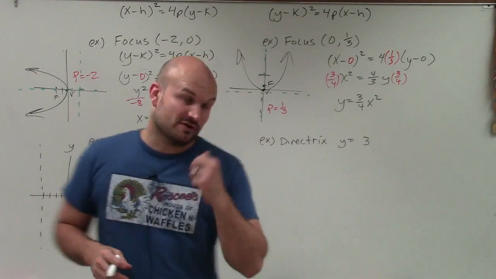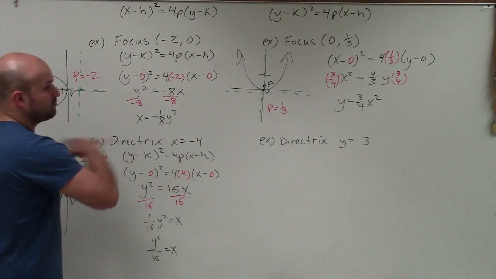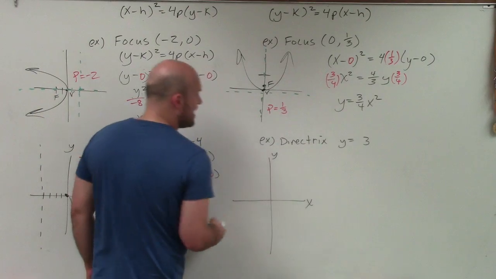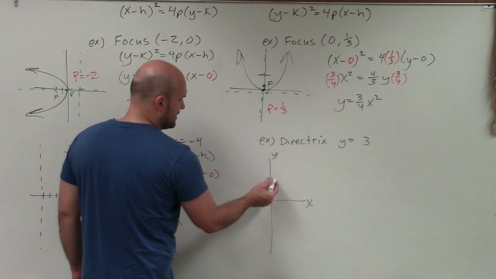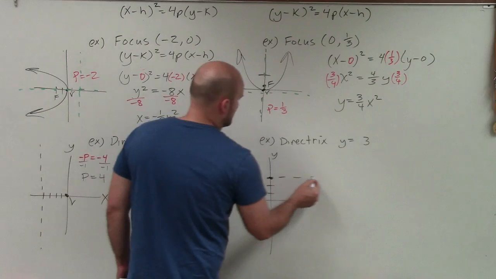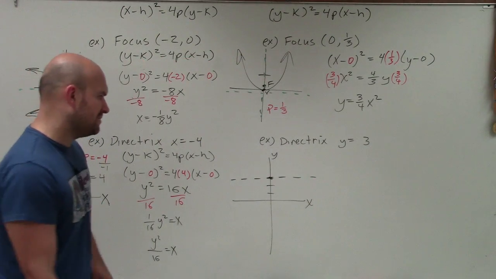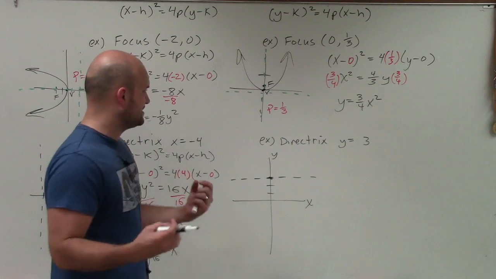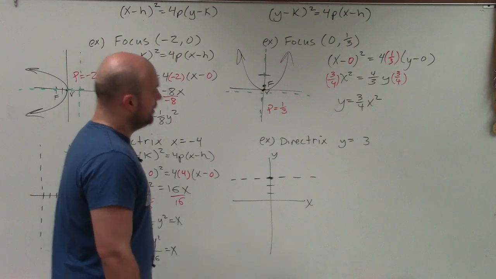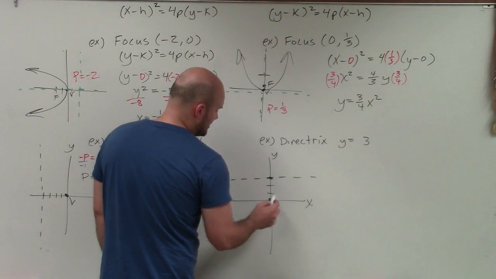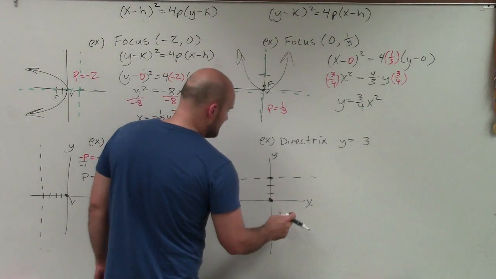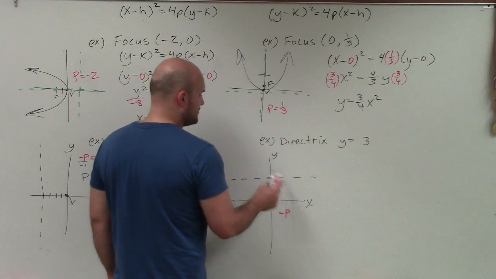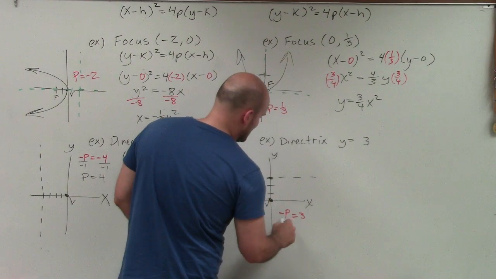All right, lastly, we have a directrix here. This directrix is y equals 3. Here's my x-axis, here's my y-axis. If y equals 3, that's 1, 2, 3, but y always equals 3, so it's a horizontal line. We dot the directrix because it's not actually part of our parabola, as a point x and y. Again, my vertex is at 0, 0. So opposite of p, which is the distance from my vertex to my directrix, is 1, 2, 3. So that means p